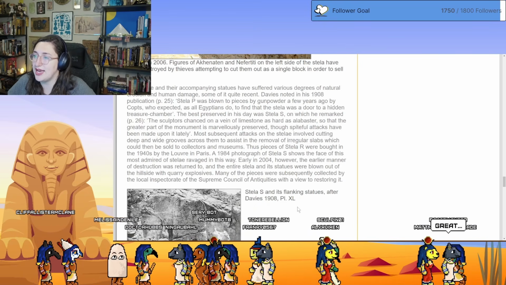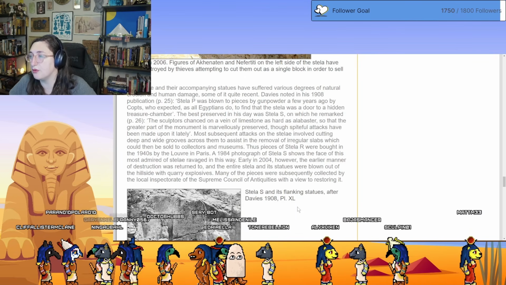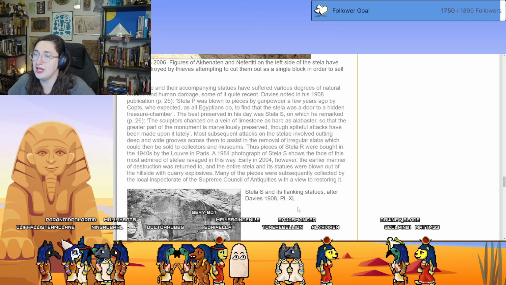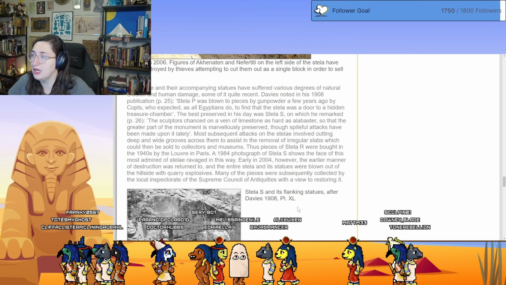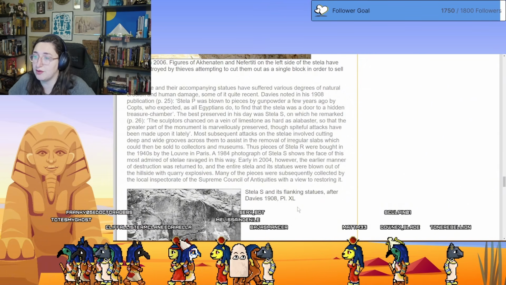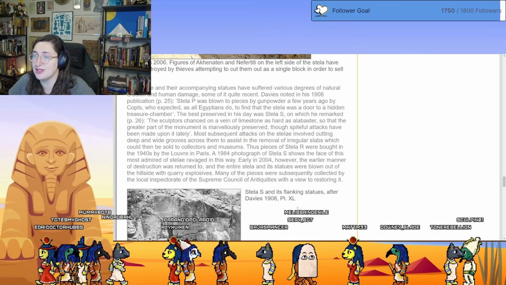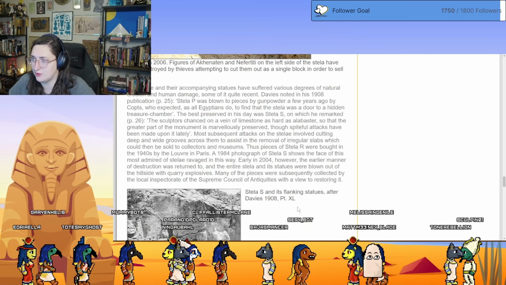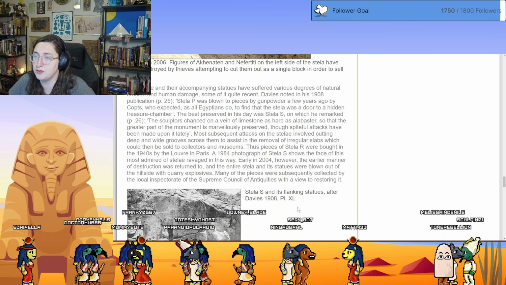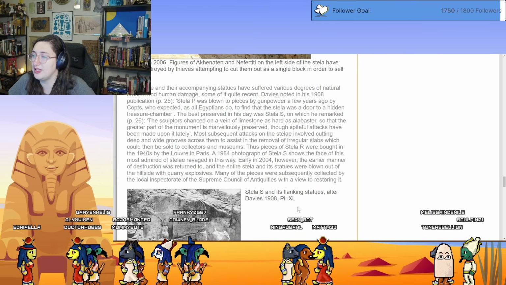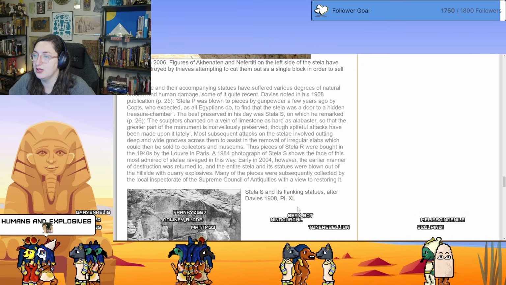Most subsequent attacks of the stela involve cutting deep and wide grooves across them to assist in the removal of irregular slabs, which then could be sold to collectors and museums. Thus, pieces of stela R were bought in the 1940s by the Louvre in Paris. In 1984, a photograph of stela S shows the face of this most admired stela ravaged this way. Early in 2004, however, the earlier manner of destruction was returned to, and the entire stela and its statues were blown out of the hillside with quarry explosives. 2004,